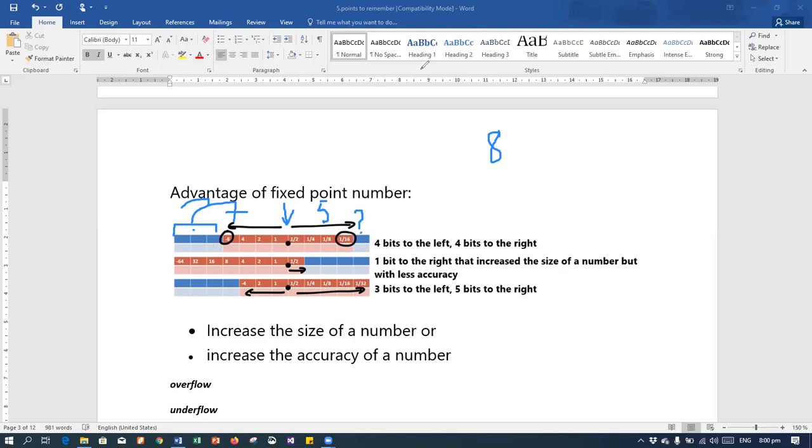This situation is called the underflow situation. Underflow situation is this: when we have got the bits available but they remain empty because we have no accurate number to be stored in them. The number is not more than this bit position along with the decimal values. So that situation is called underflow. On the contrary, in the second example, we have got the whole number the same because there is a minus sign. There is no more number to be stored in it. That's fixed. But in this case, this is the underflow situation.